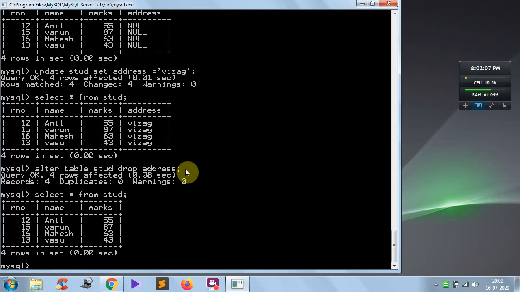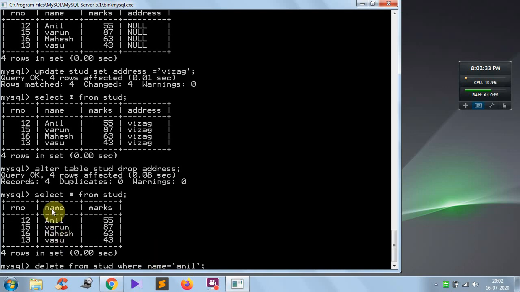Now let's come to delete and drop. Already I told that in delete, from stud where name equal to, I have given Anil. Now the rows which satisfy this command, those rows will only be deleted.